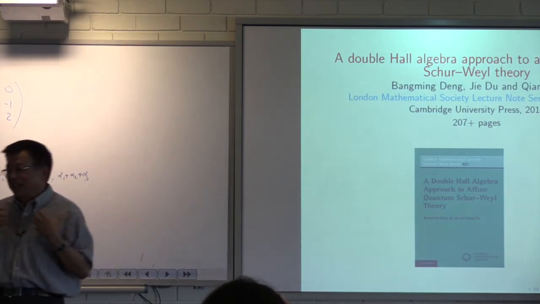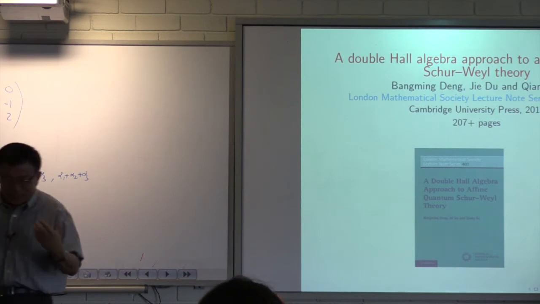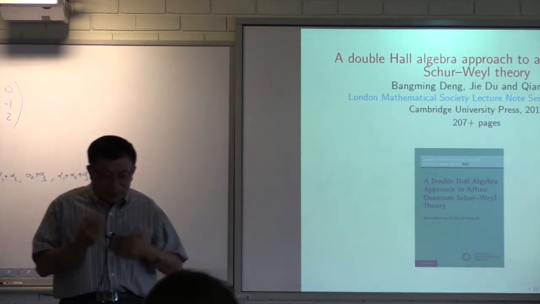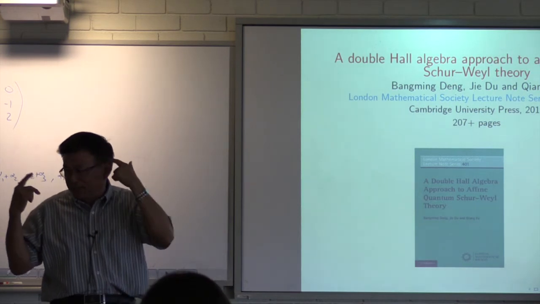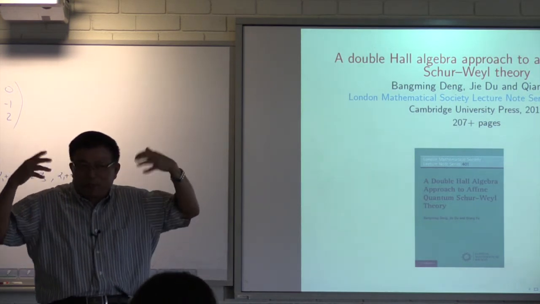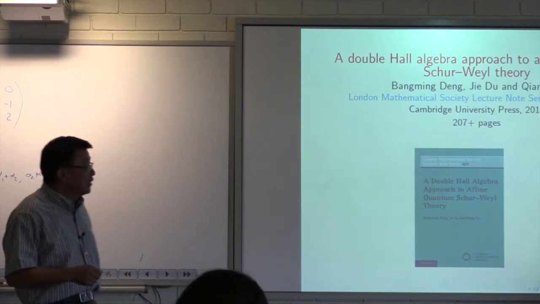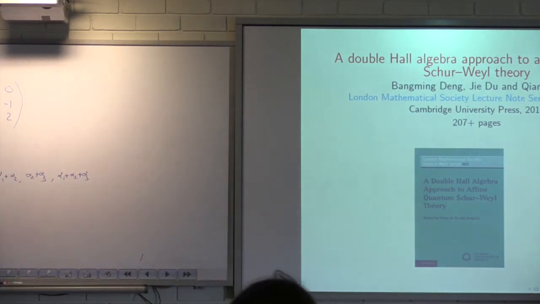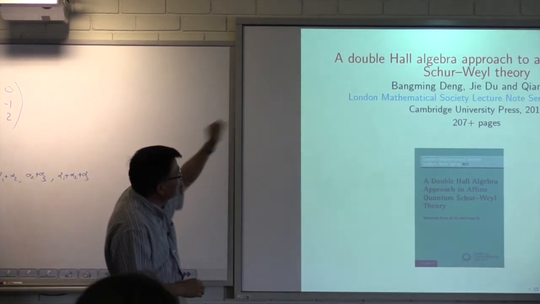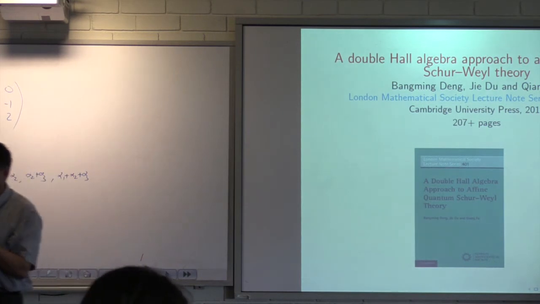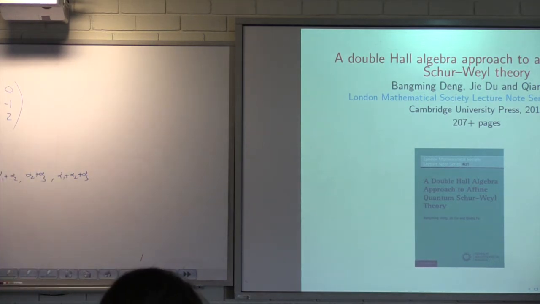So the motivation was that we just try to understand their theory algebraically or combinatorially, because this is affine type, affine symmetric groups, still symmetric groups. So that's the main motivation. So we try to understand other people's work, and we use our own approach. We introduce the so-called double Hall algebra approach, and use this new approach to look at this part of the theory.